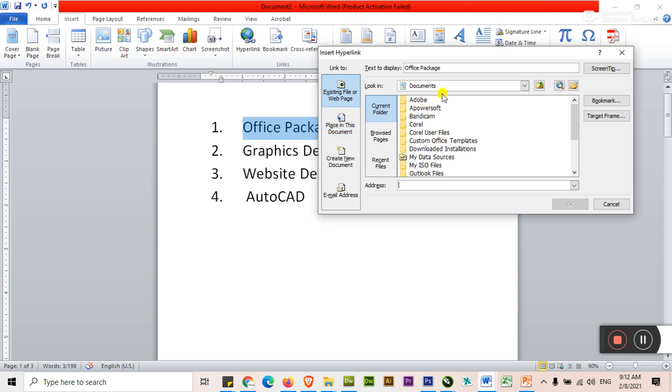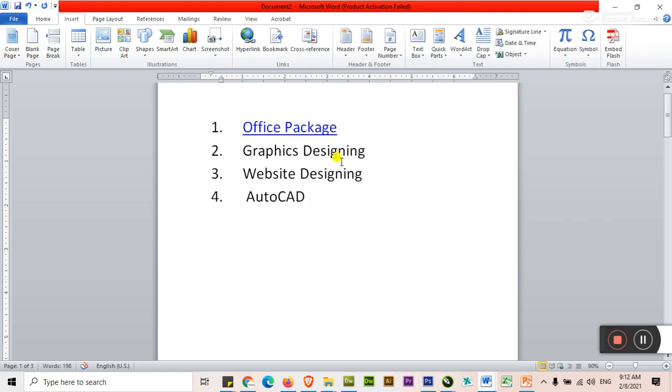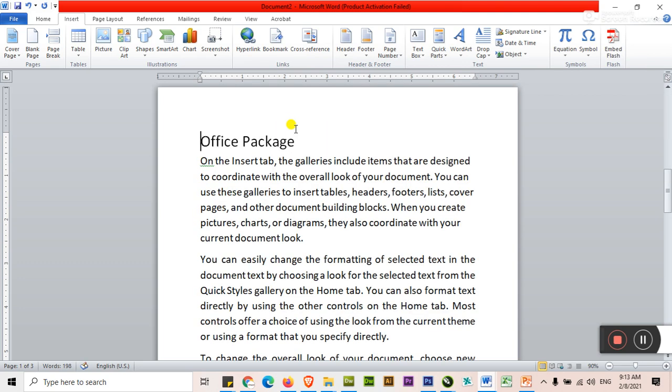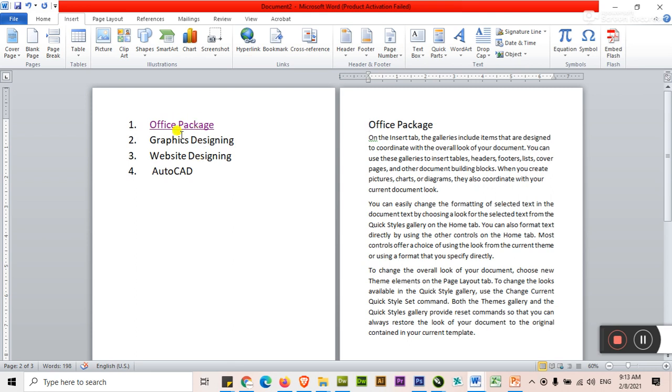For attaching a file, we were moving here, and for a website we type the address here, and for a specific page location just click on Place in This Document, and here is your office. Okay, now it is linked. Just Control click on this link, and it will jump to the second page. When you click on this, it will move you to the second page.